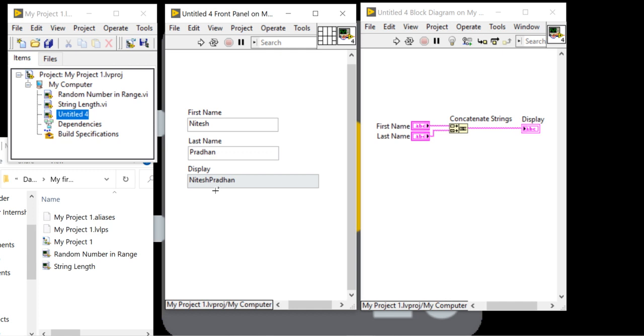Now we can assume the user can put a space after Nitesh. If the user inserts one space after Nitesh, it will definitely display like this. But if the user does not put any space,